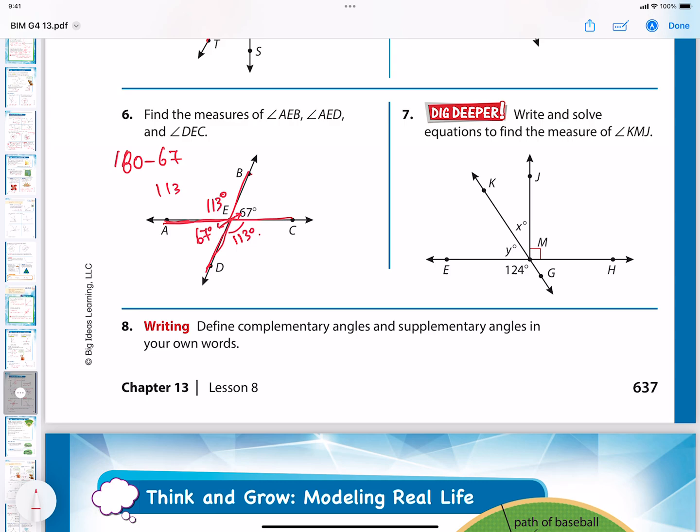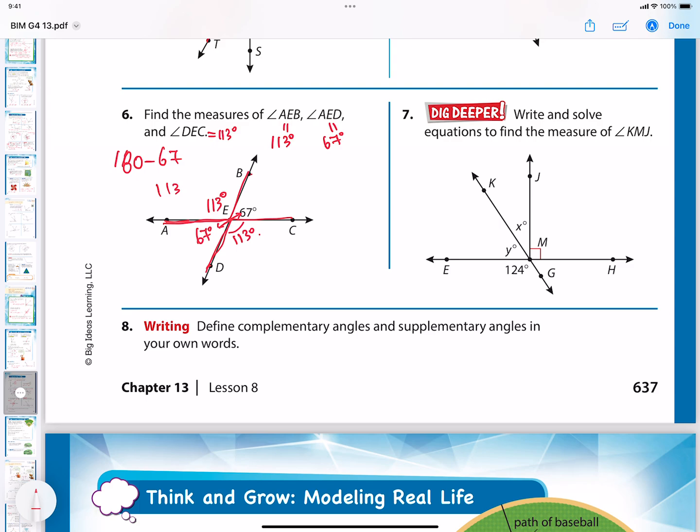So let's see. Angle AEB. AEB is what? 113 degrees. And AED. AED is what? Opposite strategy, 67 degrees. And DEC is also opposite, which is 113 degrees. If you are not sure and if you cannot trust me, go ahead with the protractor and check and tell me if I'm wrong, okay? This is what I'm saying, guys. If you remember this rule, opposite angle strategy, you don't have to go with the protractor twice or three times,